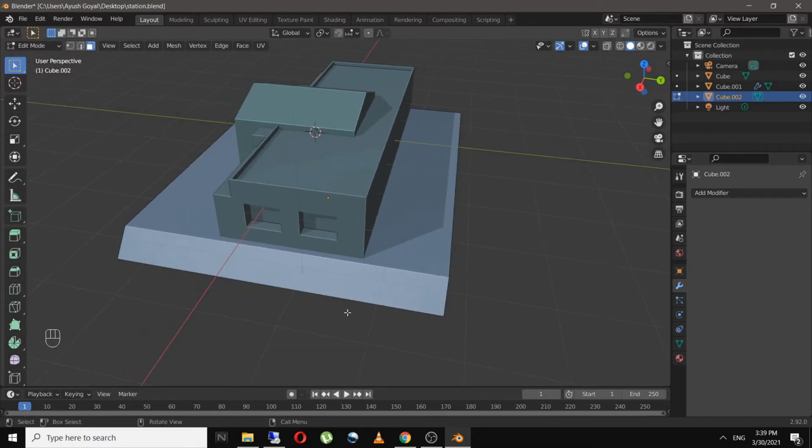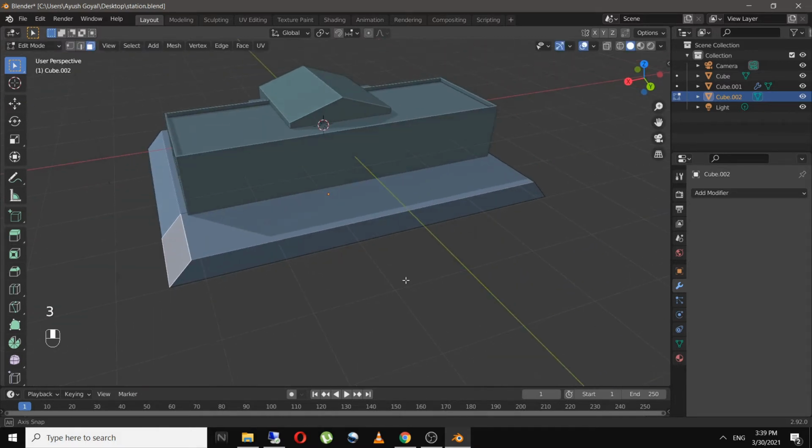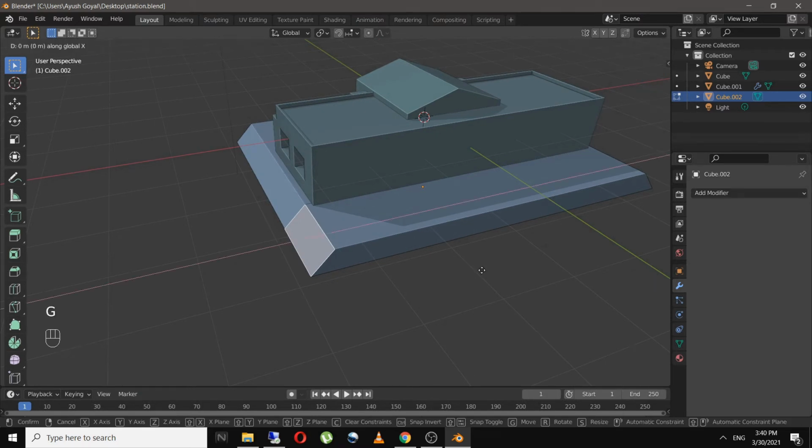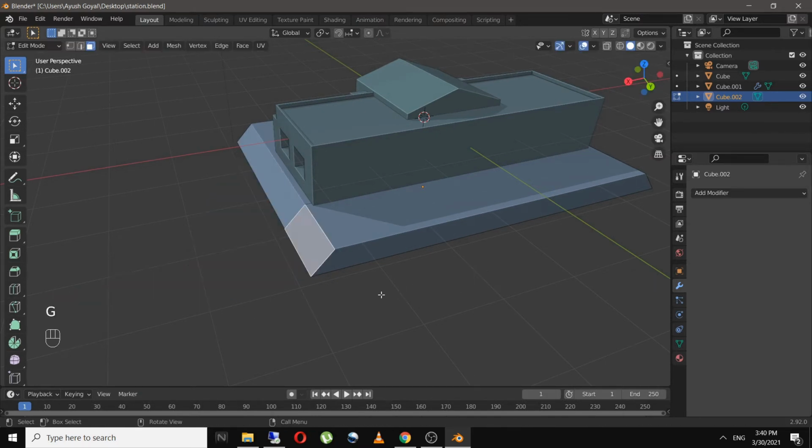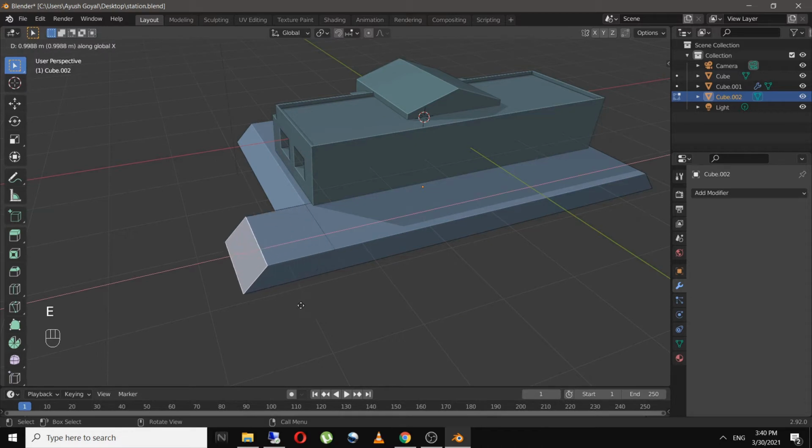And now I will add in a loop cut over here to make the platform, and I will select these faces and extrude them on x-axis, somewhere over here.